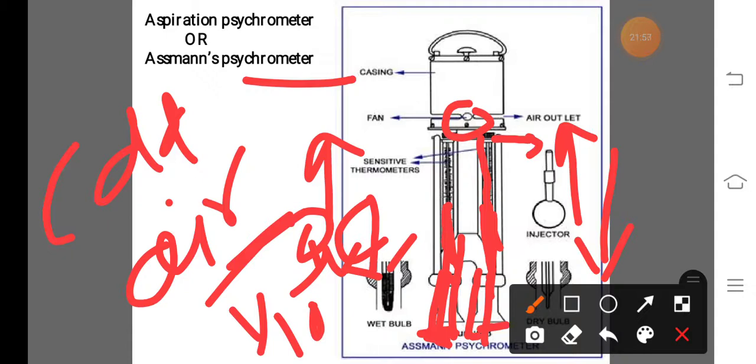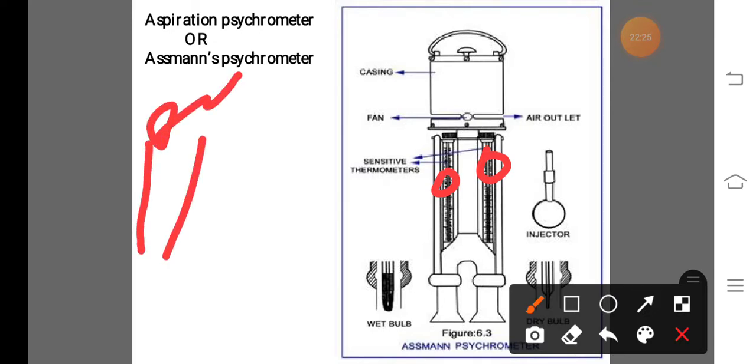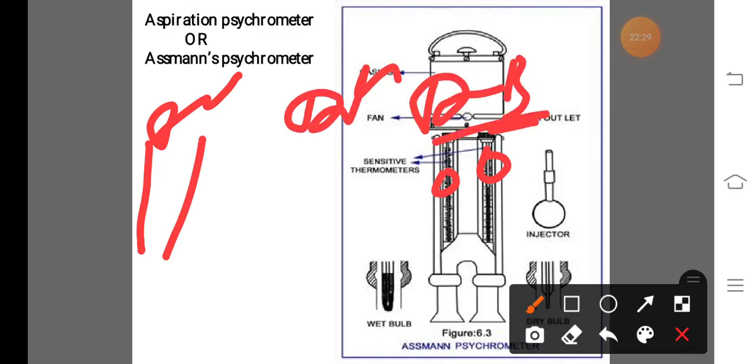That means how do we calculate the air temperature? When we get a constant air temperature from the wet bulb and dry bulb temperature, take the average also. That means this is the temperature of the atmosphere. And also by using the hygrometric table or psychrometric table, calculate the humidity variation in the atmosphere. That means here is the dry bulb thermometer in the psychrometric table, and here the difference between dry bulb and wet bulb thermometer.